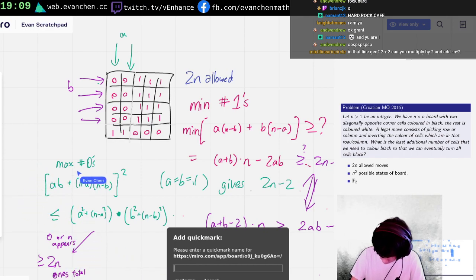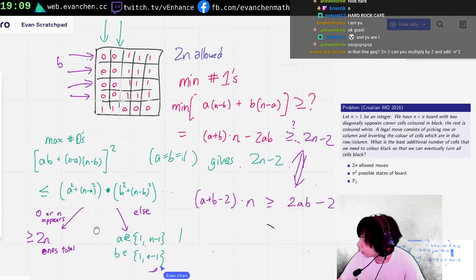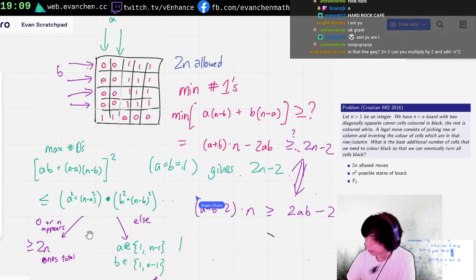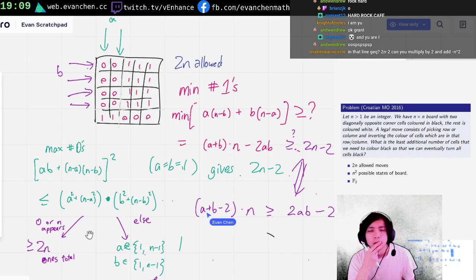But otherwise, the optimal case is when, let's say, a is in 1 or n minus 1, and b is in 1 or n minus 1. And I think these cases are not too different from each other. But the point is that you only need to check the situation where... Yes, so...